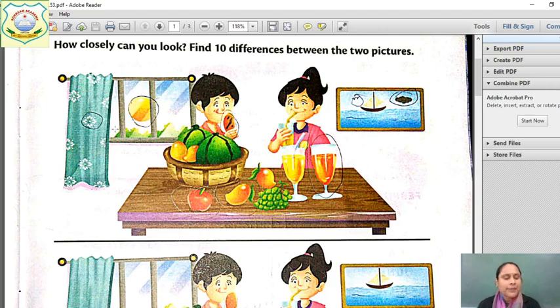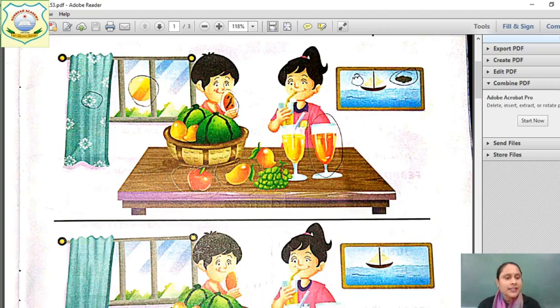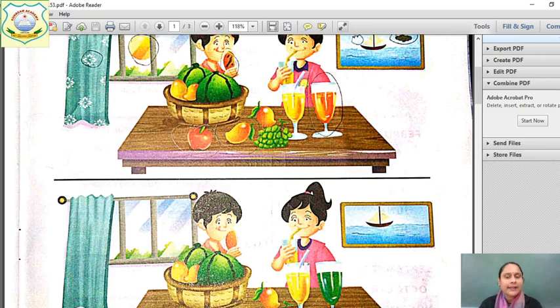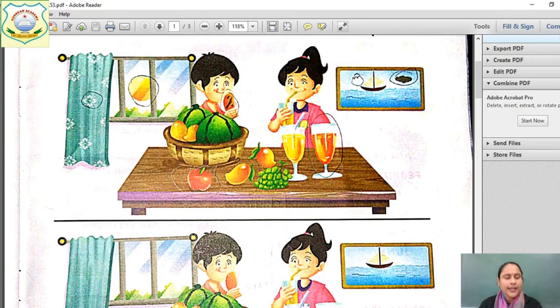Like for example, in the first picture you can see this is a curtain, right? Now in this curtain there is a pattern, whereas on the other hand side you will see there is a curtain in another picture and there is no pattern on that curtain. So you will draw a circle on the pattern of the curtain with the help of color pencil.